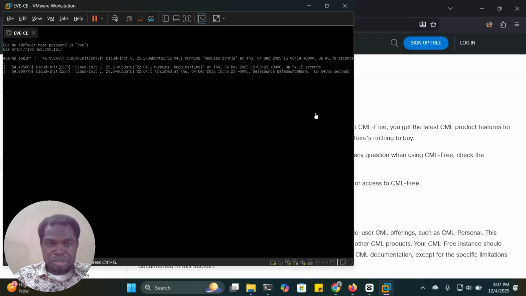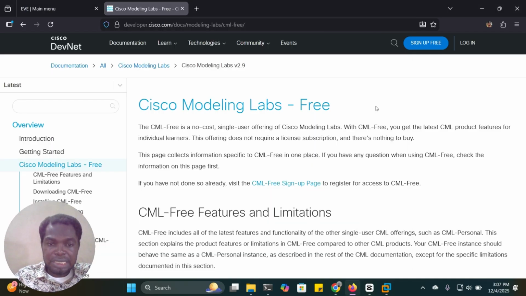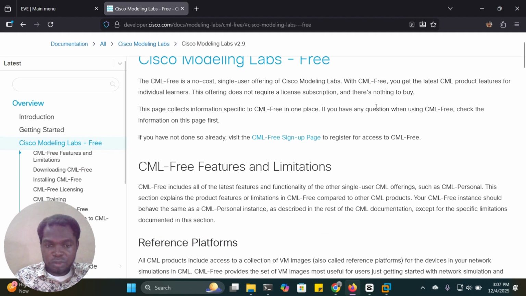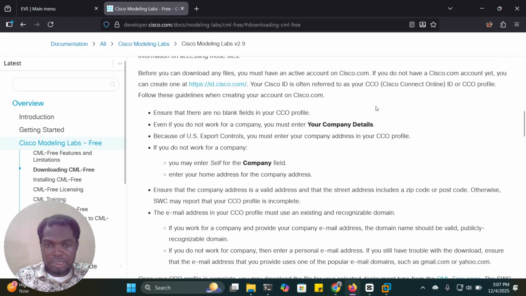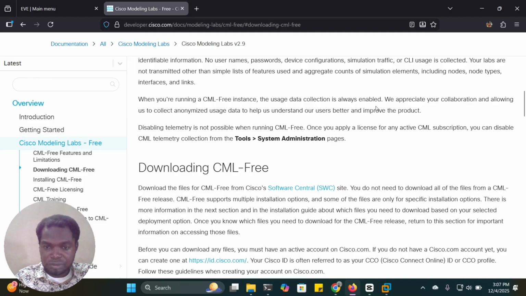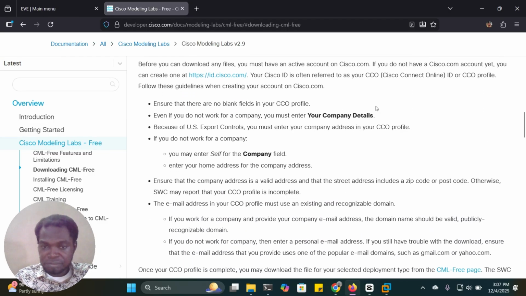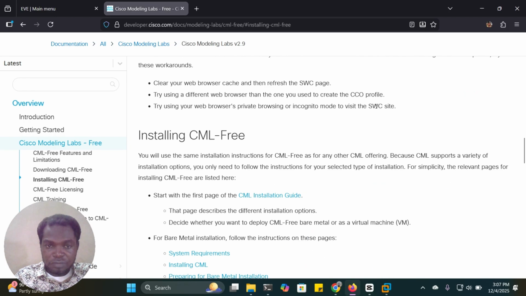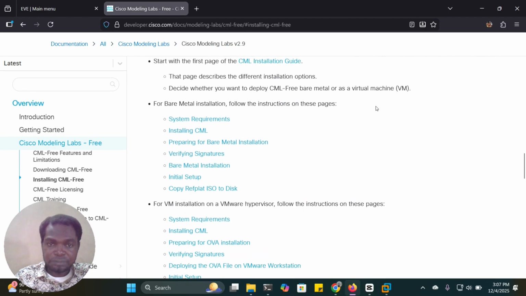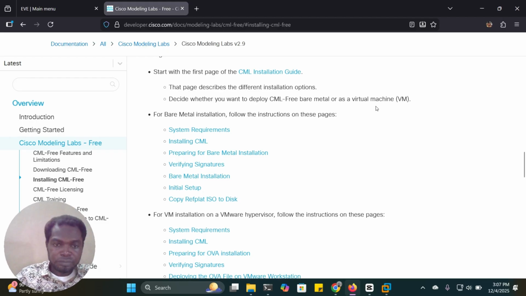However, there's a limit on the nodes. So I extracted the images from there, the ones that are lightweight. If you want to download the Cisco CML free version, you will need to register your name and a company if you have one, and all that. You fill in that information and then you log in and download.